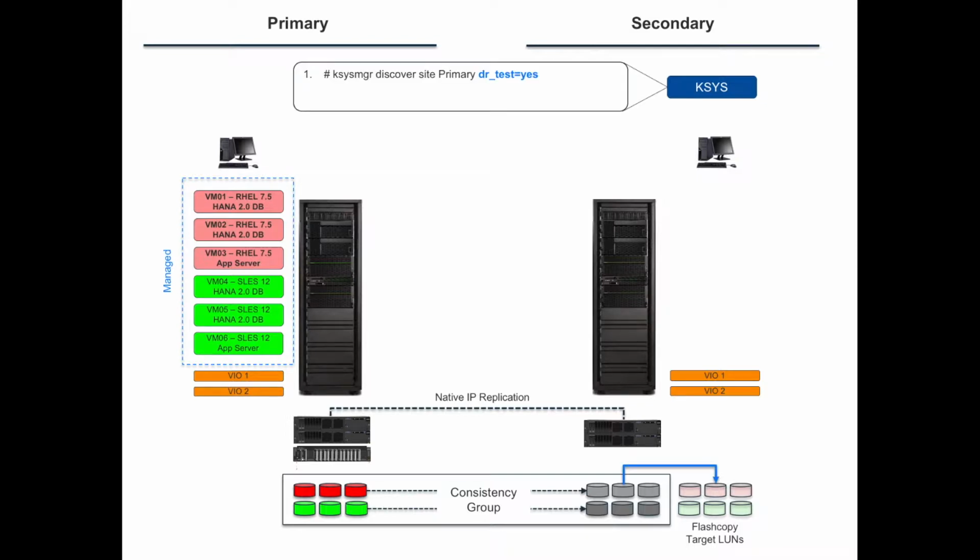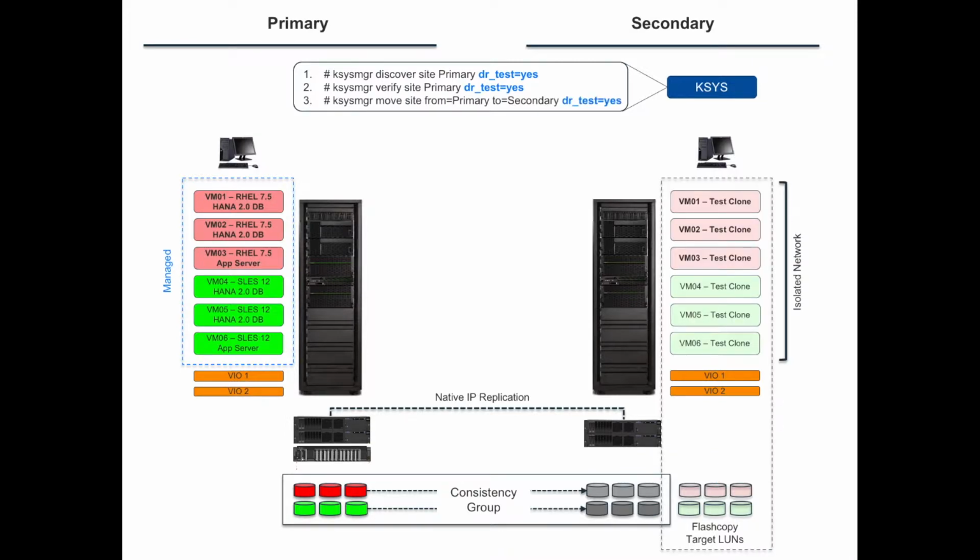The way this works is my same discovery operation that I would do when I initially discover the VMs from the systems. I can do the same thing, but with DR test equals yes, so basically append to the syntax. What that did is initiate a flash copy, or a point in time copy, on the very bottom right from those target volumes over to the third set of LUNs that I have provisioned on the back end. I can do a validation of the configuration with the same verify command that I ran earlier. All I did was append dr_test equals yes. And then that leaves me set up so I can initiate the actual move